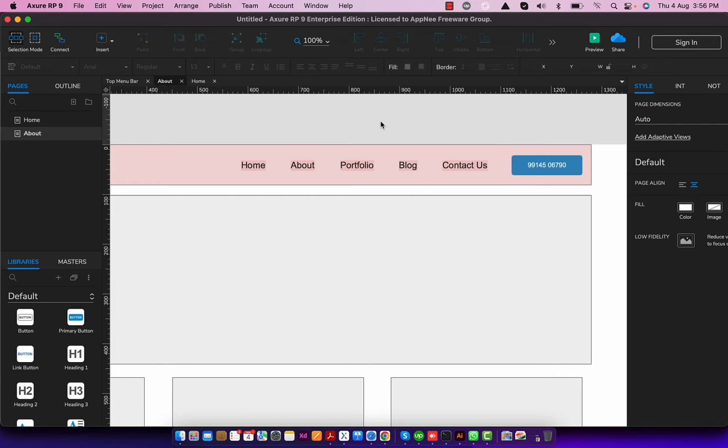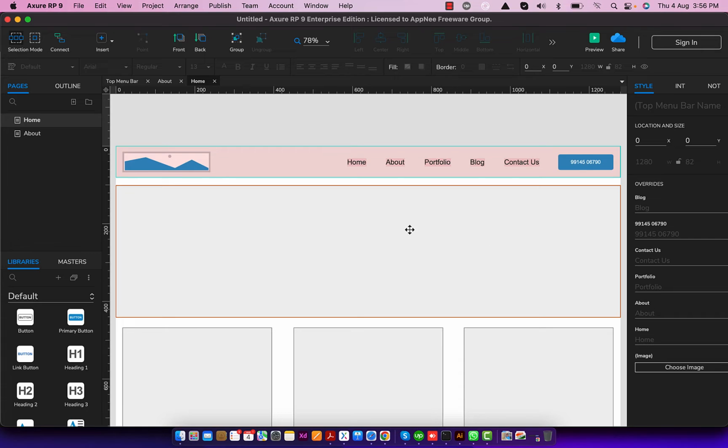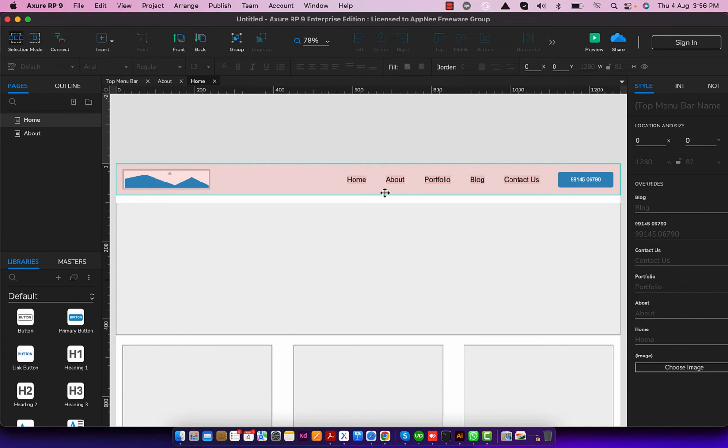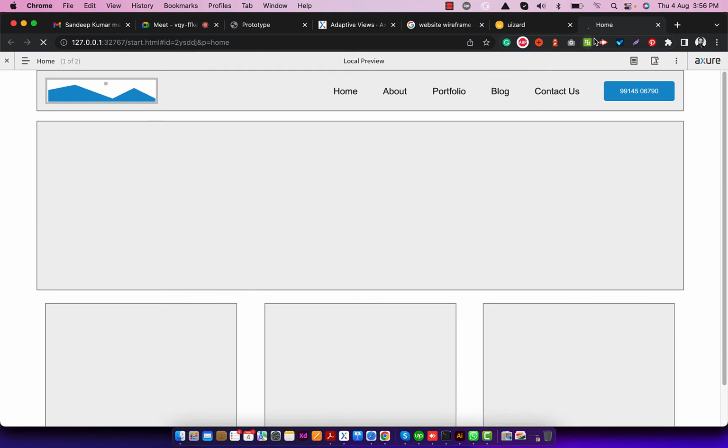Okay. So let's suppose you created this page. Now you want to see this page in the browser. You have to simply click on the preview button and the preview will open in the browser. So here you can see. So now our next task is,